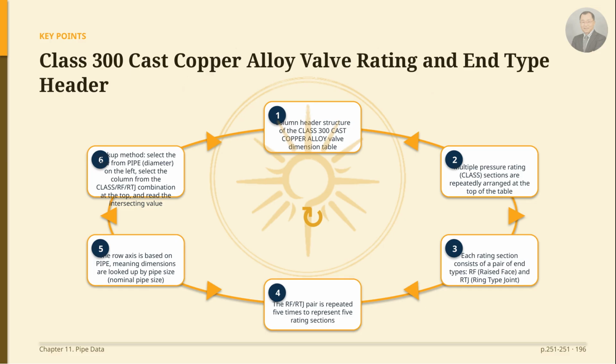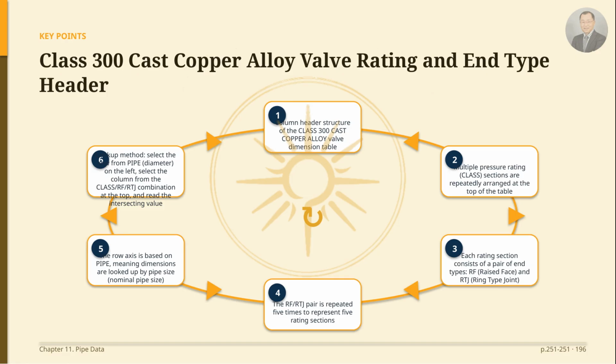Meanwhile, the row axis is based on the pipe or pipe diameter. Therefore, to find a dimension, select the desired pipe diameter row from the left pipe column, choose the column from the combination of class and RF or RTJ at the top, and read the value at the intersection of the